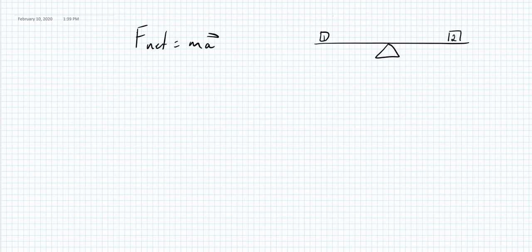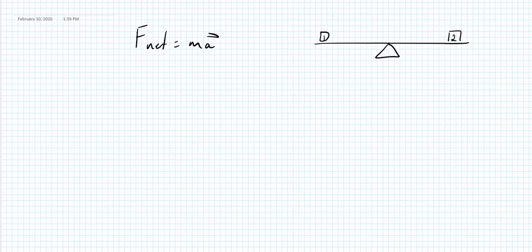Depending on their masses and depending on where you place them, you can balance them so they're not rotating up or down on either end. The location of the object is going to depend on their masses. If they weigh the same, then you're going to place them the same distance from the fulcrum. However, if one is heavier, then you need to place it closer to the fulcrum so it doesn't overwhelm the